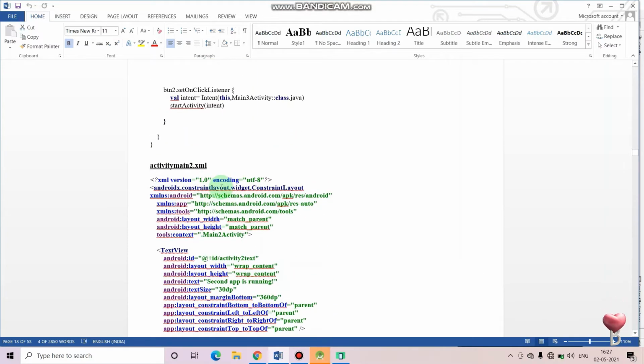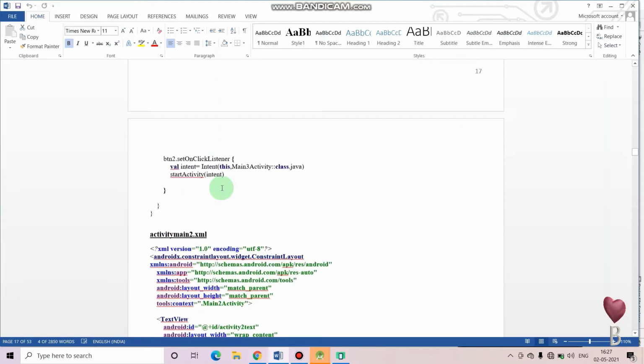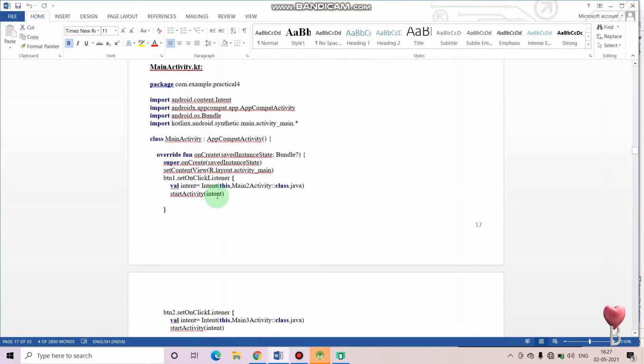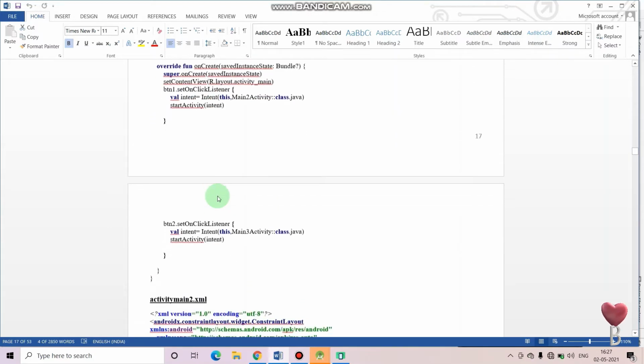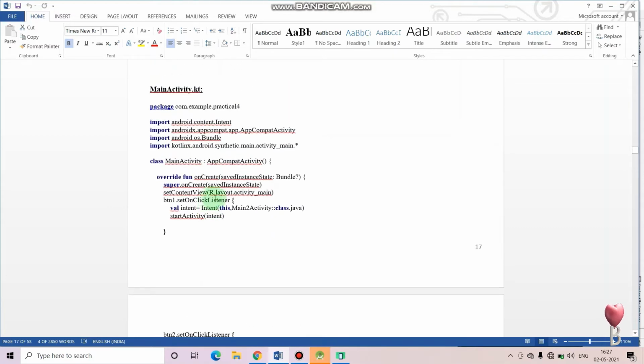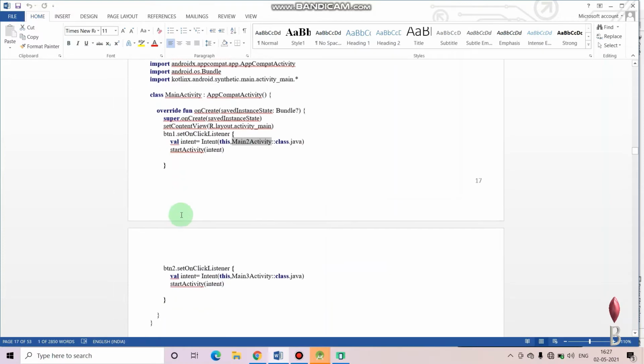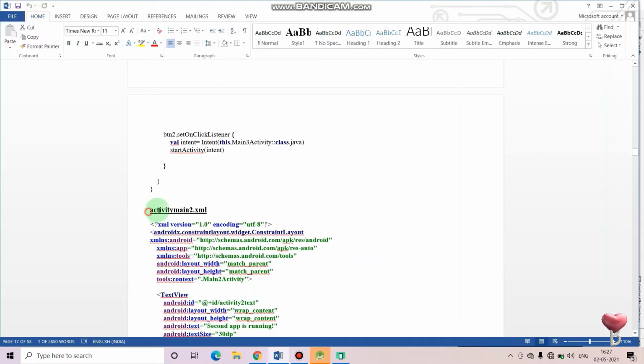Okay, so what I'll be doing, guys, see, you have to specify the name of the activity here, but it is not compulsory that whatever name you have kept for this file, you have to specify that.